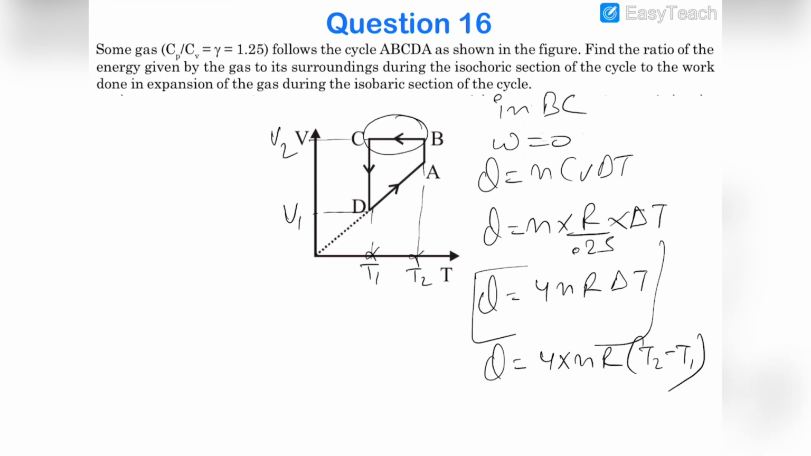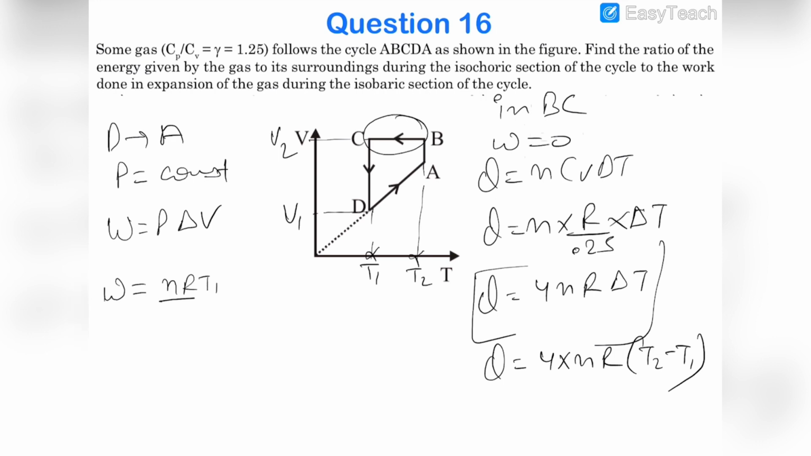And now work done in DA. So DA is an isobaric process, pressure is constant. So when pressure is constant, work done is P delta V. So let us write down P, as we know that P is same at D and A, and in this complete process pressure is same. So let us write down the pressure at point D. So at point D, pressure would be equal to nR T1 by V1, and delta V would be equal to